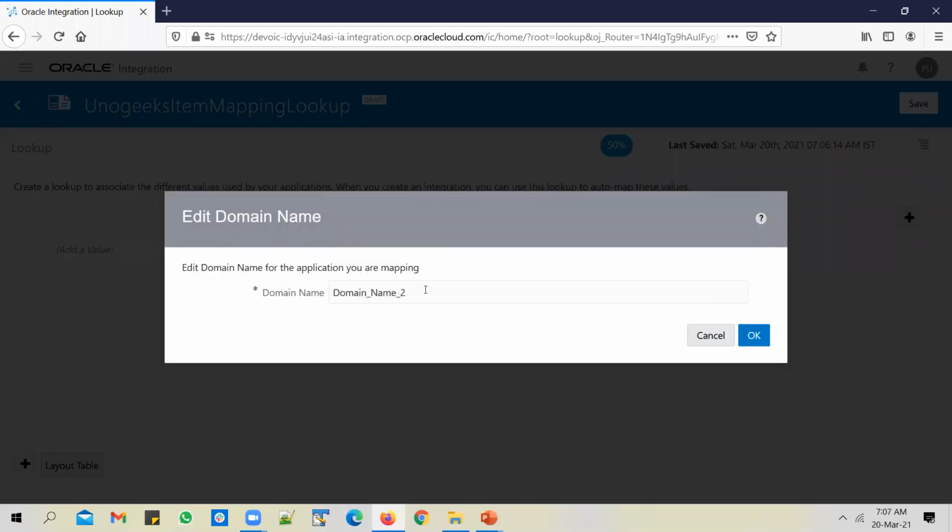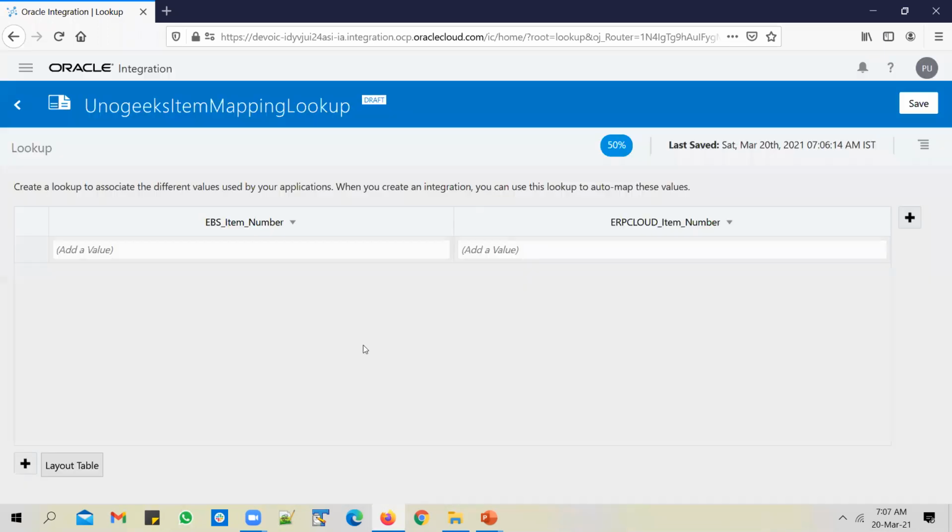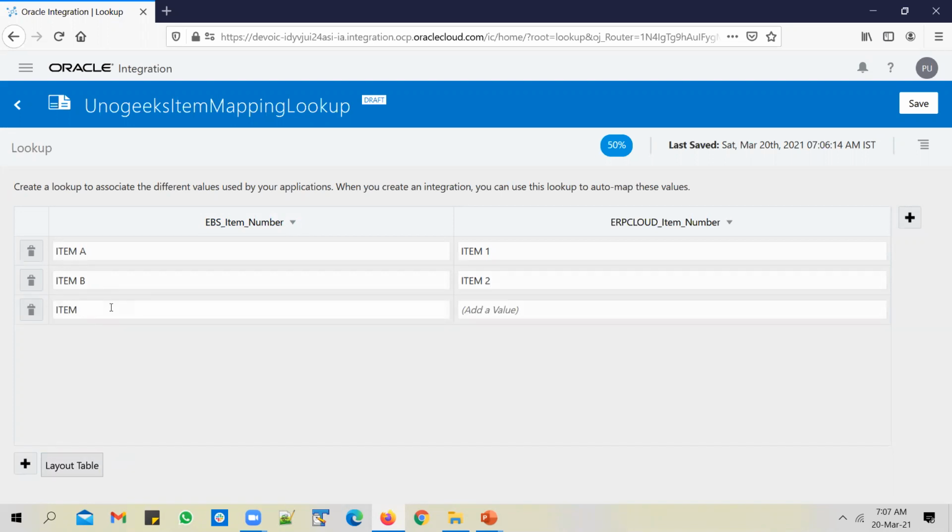And I'll change this column to ERP cloud item number. Here the assumption is that the item numbering convention used is different in EBS and ERP cloud. Let's assume that items are numbered as A, B, and C in EBS, but they are called item 1, 2, or 3 in ERP cloud. So let's add 2 more entries in there. Item B in EBS corresponds to item 2, and say item C corresponds to item 3